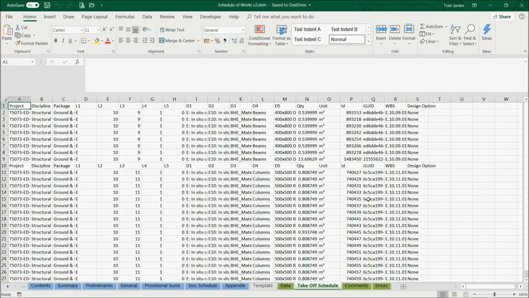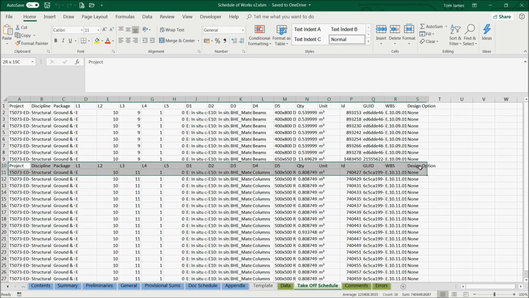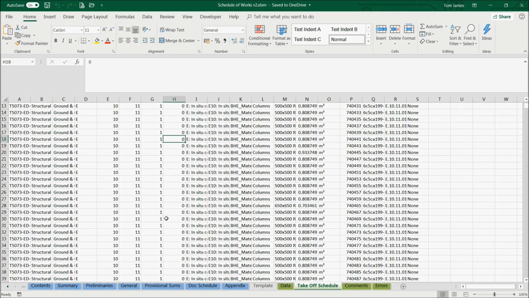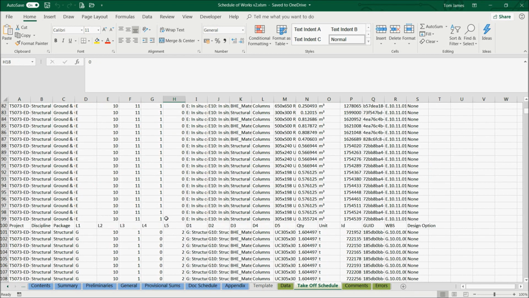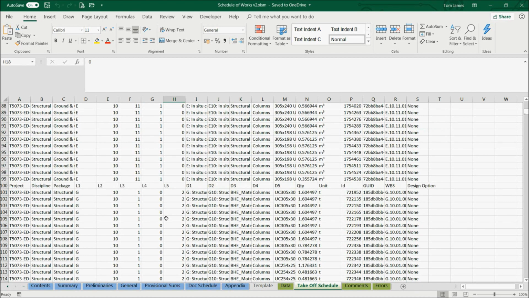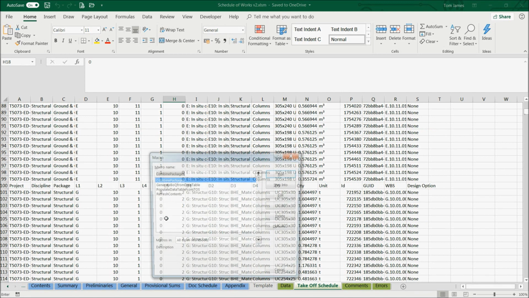So if we look at our takeoff schedule again, you'll see that it's populated. Each node is actually producing an additional header row, so hopefully it can be split up. What we will need to do is run a macro to tidy this up and turn it into a